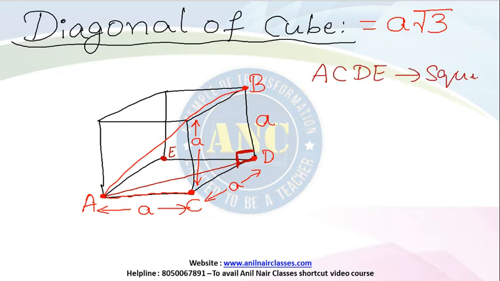Definitely it is a square of side A. And angle D is 90 degrees because it is a square. All the angles are 90 degrees. If I draw a line from A to D, AD is the diagonal of this particular square ACDE, right? AD is the diagonal, and because angle D is 90 degrees, and